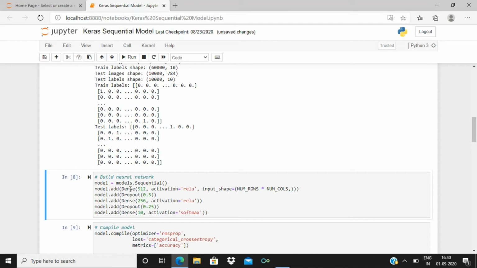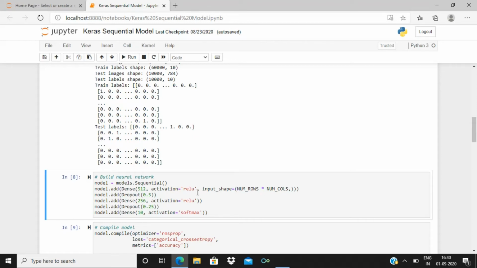Using this instance which I have created, model, I will call the sequential method: models.Sequential, and I will store that in this model object. Now we have created our model, and we can go ahead and add all of these layers. We'll add the first layer, which is a dense layer of 512 nodes, and the activation function is relu.